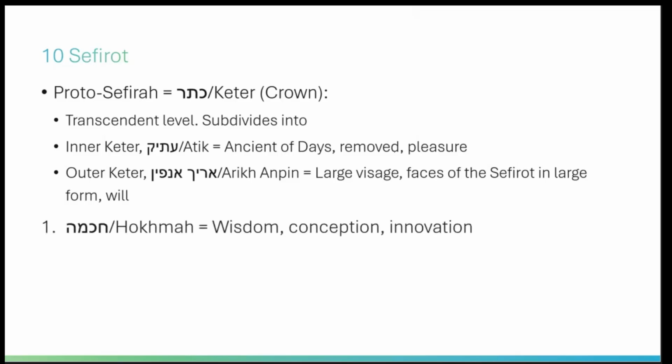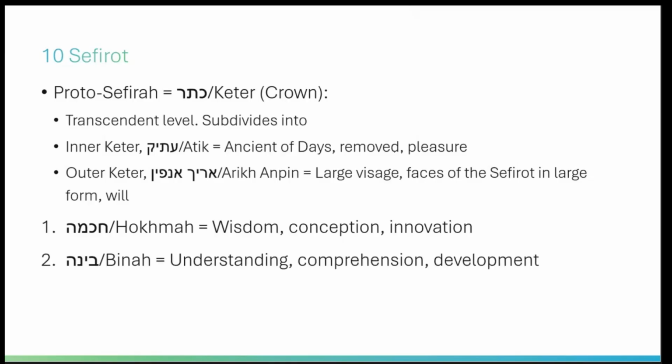Now to the Sefirot themselves. On this slide, we'll see three of the Sefirot, which are essentially the intellectual Sefirot, and then on the next slide, we'll get to the lower seven. So Chokhmah, generally translated as wisdom. A more accurate, more precise translation would be conception, the concept, innovation, right? Coming up with an idea, the flash of inspiration is Chokhmah.